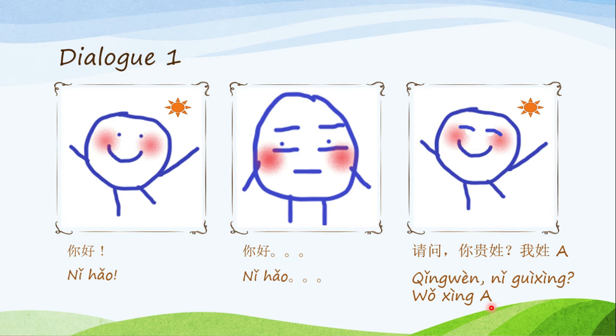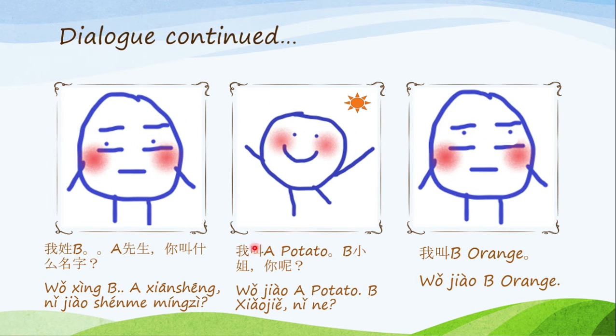Your honorable surname. So excuse me, what's your honorable surname? 我姓 A. This person's surname is A. 我 means I. 姓 is surname and A is the surname. So the surname of this person. So let's get going to the second part of the dialogue. 我姓 B. A 先生，你叫什么名字？